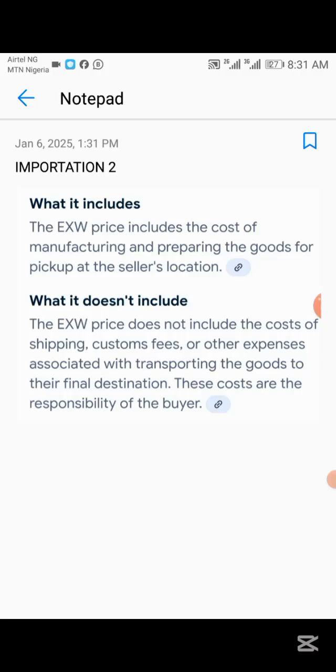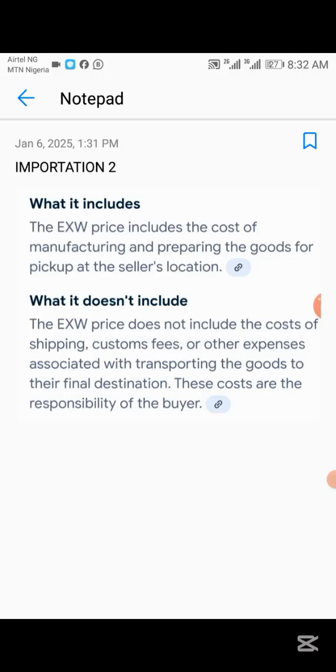They will actually package it and deliver it to the address that you are going to give them, because you are going to have an address, that's your logistic address that will either freight it to Nigeria or maybe by sea and bring it to Nigeria for you. So this one does not contain the shipping fee. Please note this. This doesn't contain the shipping fee. But then it could be that from the company where you purchase the goods to where it is going to be transported to your address, there could be